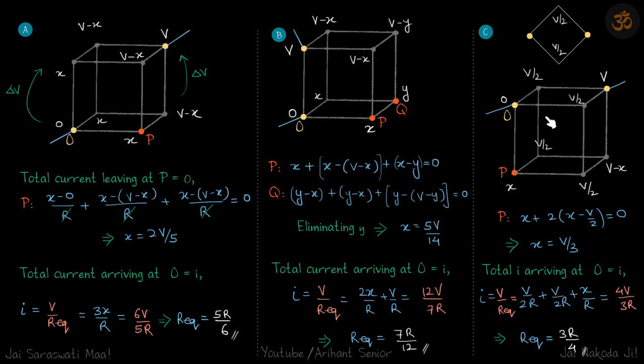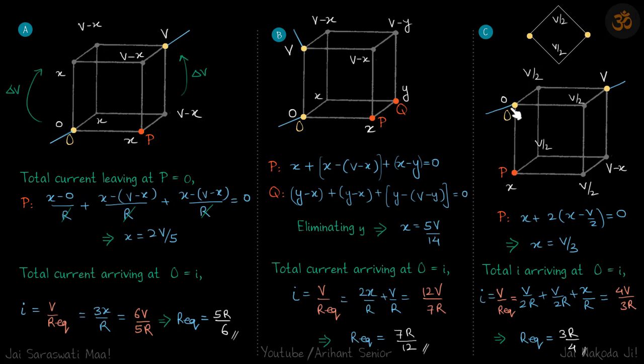Now third case, if we are taking these 2 points, and you look from the top, it will look like this, which means these 2 points are perfectly symmetric. They are exactly in the center of both the nodes. So the potential at these 2 points is going to be V by 2 each. So those 2 vertices on the top and both of them at the bottom, all 4 of them are going to be V by 2.